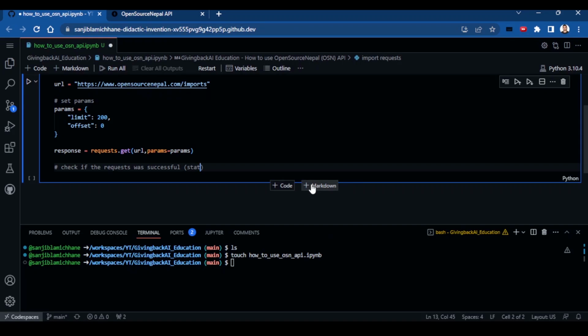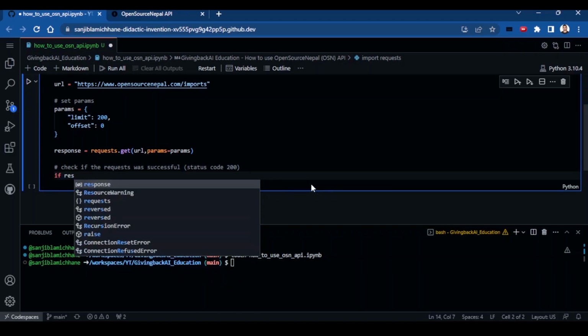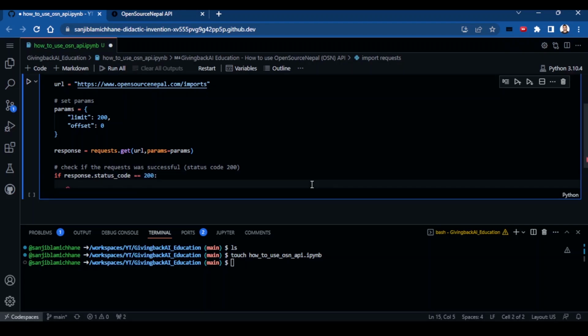So I would just put a comment here, status code would be 200. And in the following line, what I would do is if response.status_code equals 200, that way we would know this is a successful operation. So we would collect the data from the response.